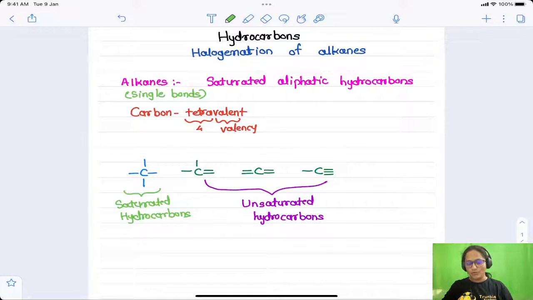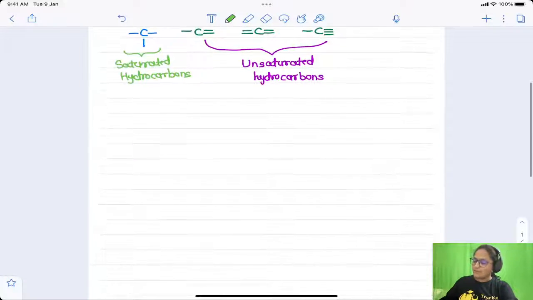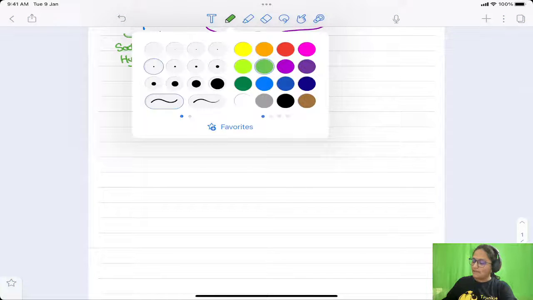Do remember I have told you the covalent bond can be of two types. Covalent bond can be direct contact, that is, if my two hands are the atomic orbitals and they are directly touching each other like this, then direct contact is the sigma bond. Whereas if they are not directly touching and the atomic orbitals have a lateral or parallel overlap, that is the pi bond. Pi bond is present in double and triple bonds, right? Can you see? So pi bond is present like this.